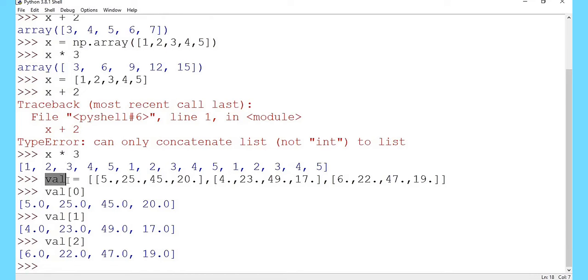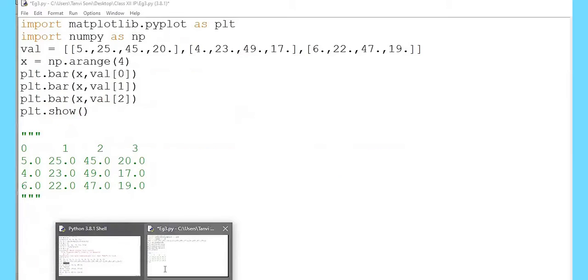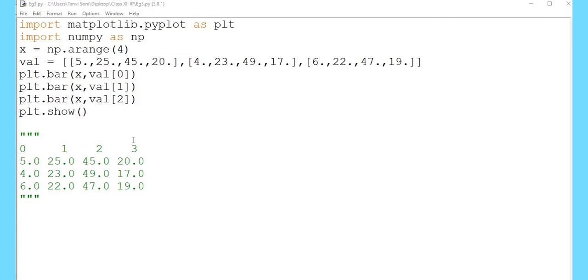Val is a nested list. Val at 0 index returns a list containing 5, 25, 45 and 20. Val at index 1 returns a list 4, 23, 49 and 17. X-axis will have 4 elements 0, 1, 2, 3 using the np.arange.